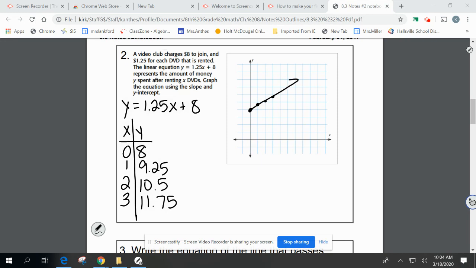And then you would continue on. If you look at the slope in this problem, it is 1.25. That represents the cost per DVD. And then if you look at the intercept,